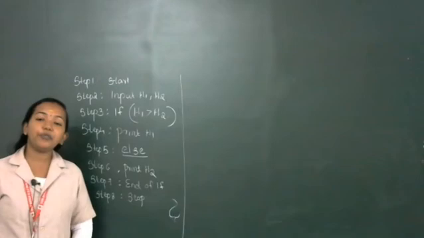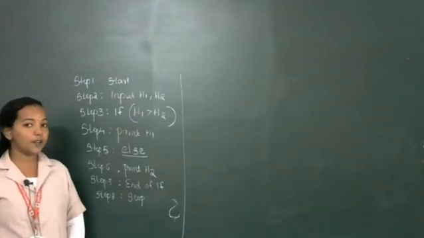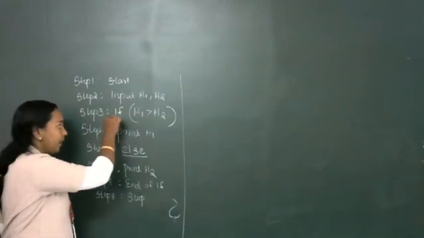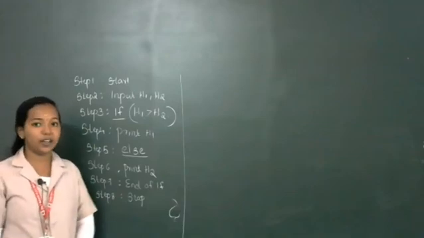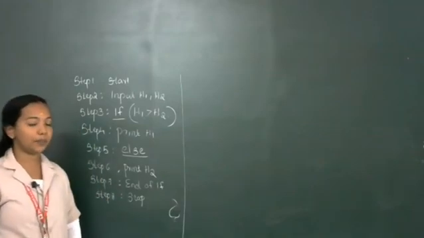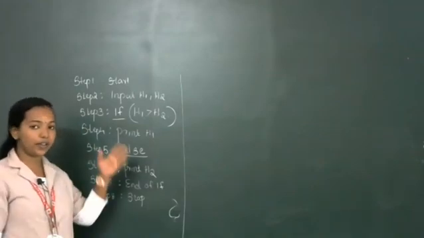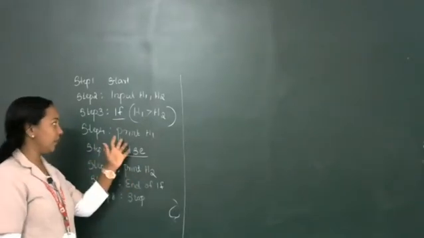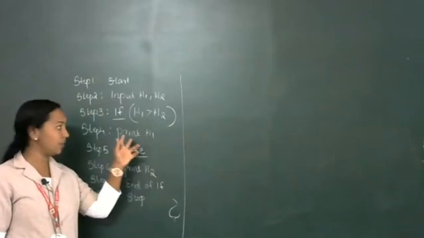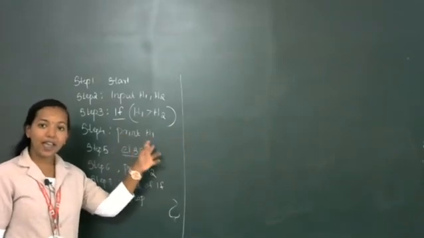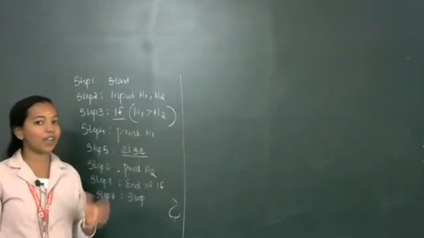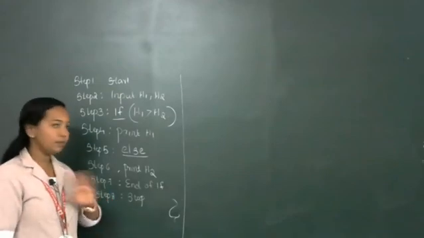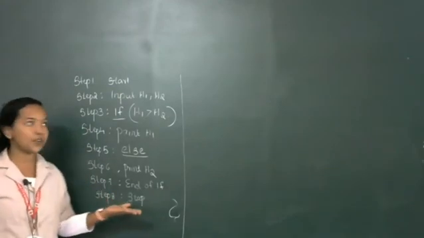So before every condition in an algorithm, you want to include a keyword called if. If is a keyword. It conveys a special meaning. If condition. What is our condition? h1 greater than h2. If h1 is greater than h2, then what will be the result? Print h1 as taller. We are printing h1. Then the program will terminate because the condition is over.